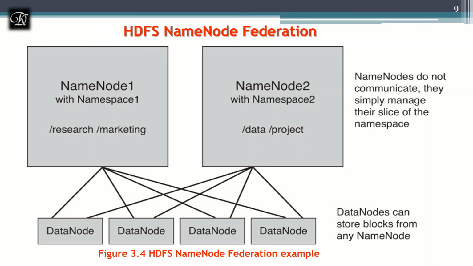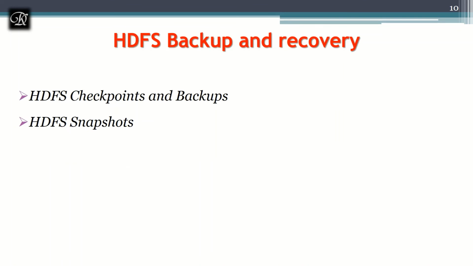For example, I am working for marketing. I'll go with the marketing name node and namespace, and somebody else is working on a project, maybe in development, he can go with that, and someone else will be on maintenance, he can go with that particular namespace. So it's going to isolate the people on the cluster, and it will be easy to monitor when they are isolated. When they are together, it's difficult. These are all the three main advantages of federation.